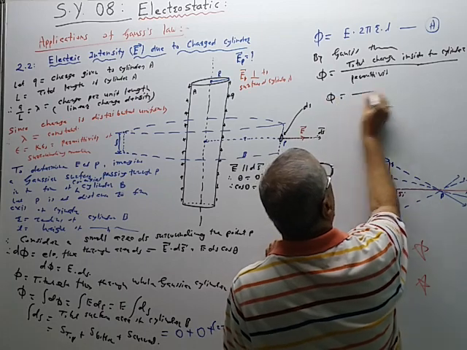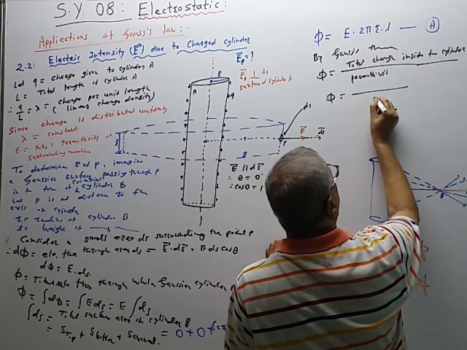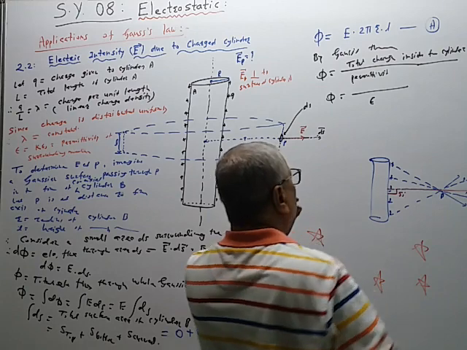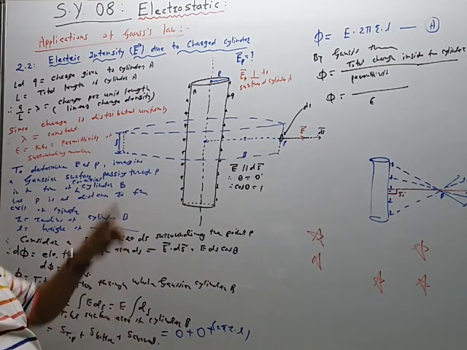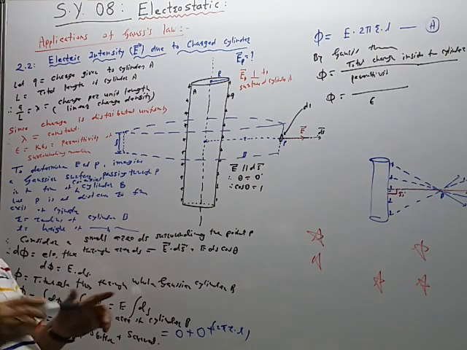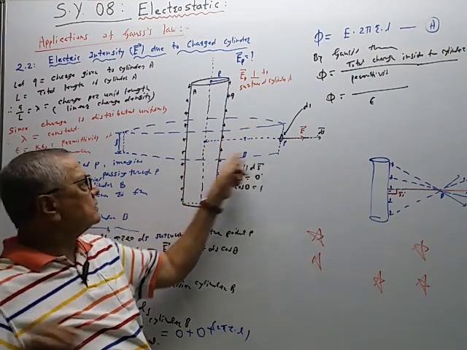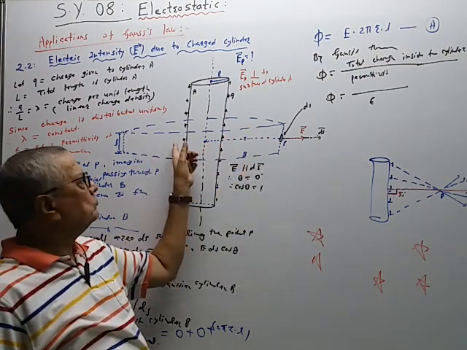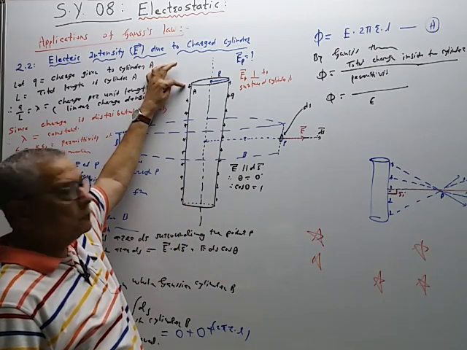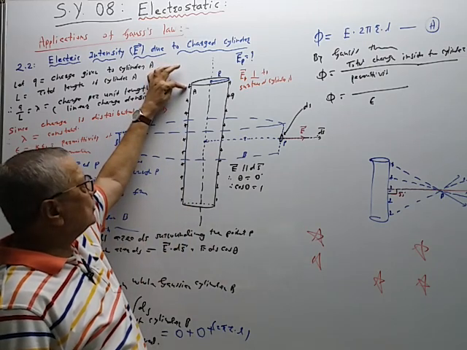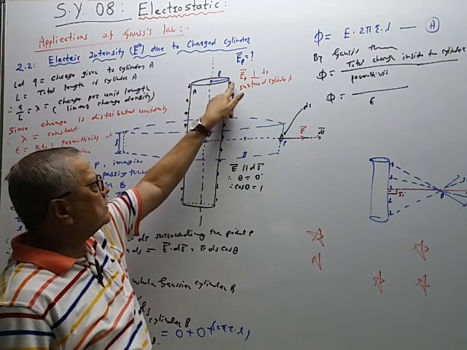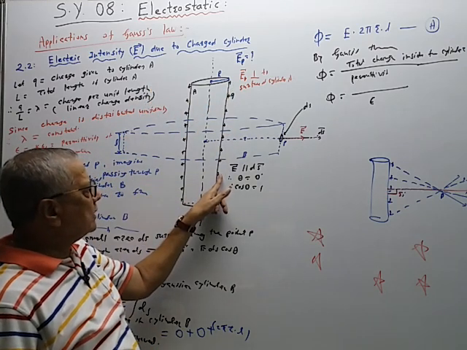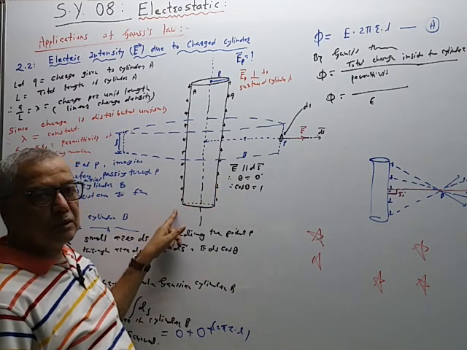So phi is equal to... permittivity is epsilon. So what is the total charge inside the cylinder B? तर फिगर बघा, या इमेजिनरी सिलेंडरच्या आत हा चार्ज नाही. This charge is outside the cylinder B, outside the Gaussian surface.